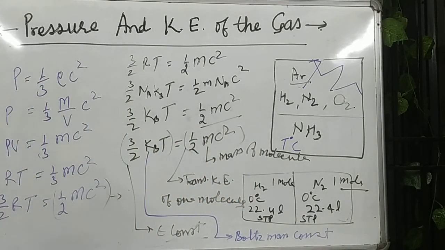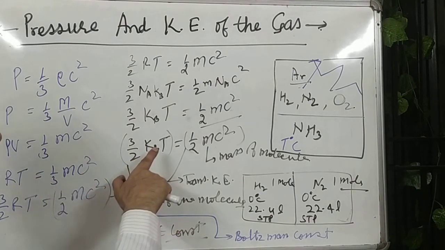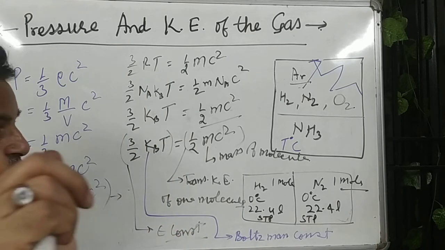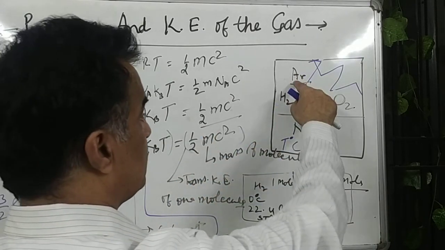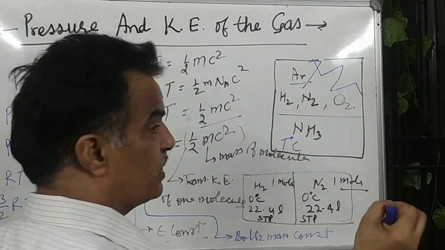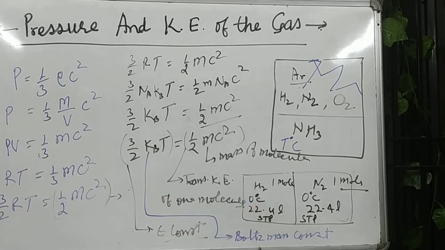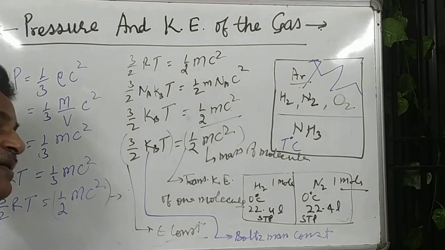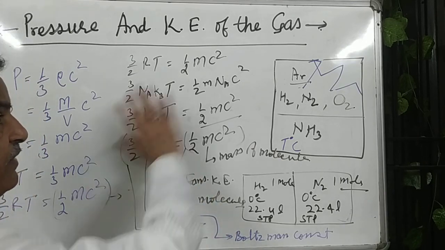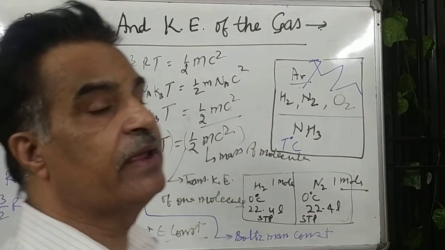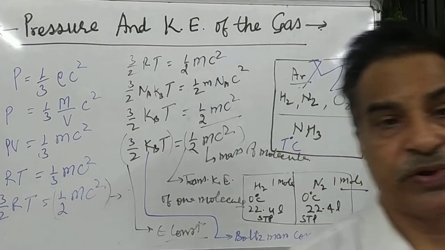So we are studying that Kb is constant, and at a particular temperature T this total value is constant. So any type of molecule, whether argon, hydrogen, nitrogen, small molecule, large molecule, monoatomic, or triatomic, has the same kinetic energy. Pressure will be different, but their kinetic energy will be the same. Please clear it, it's very important. In case of any doubt, please comment and I'll make it clear to you. Okay, best of luck.